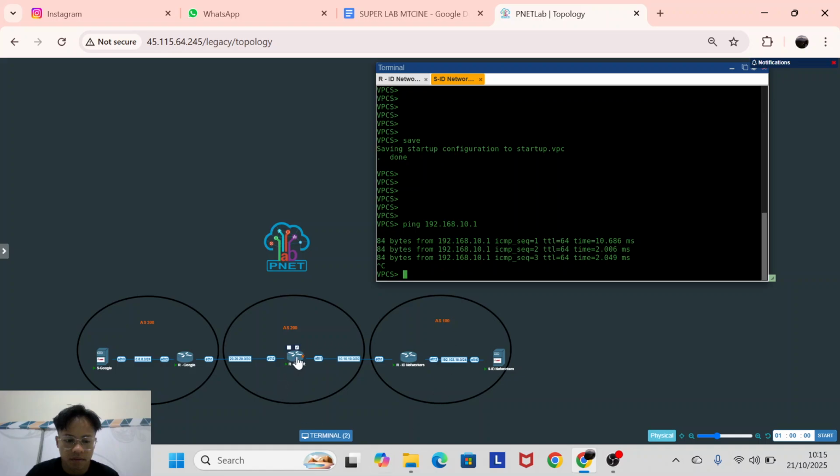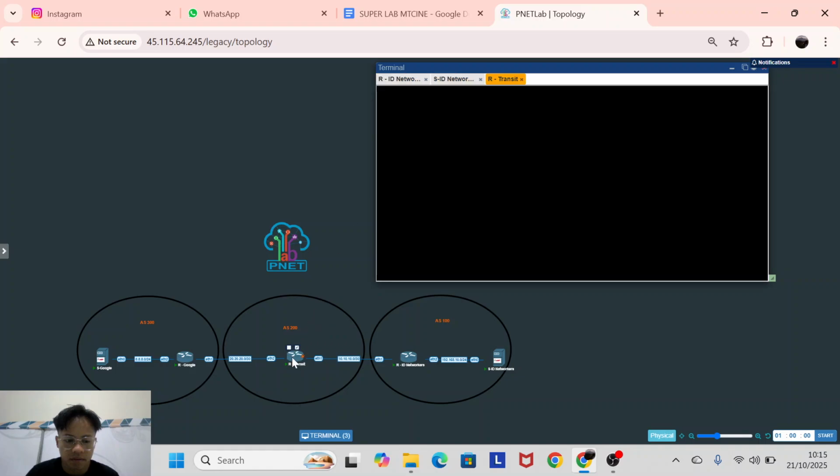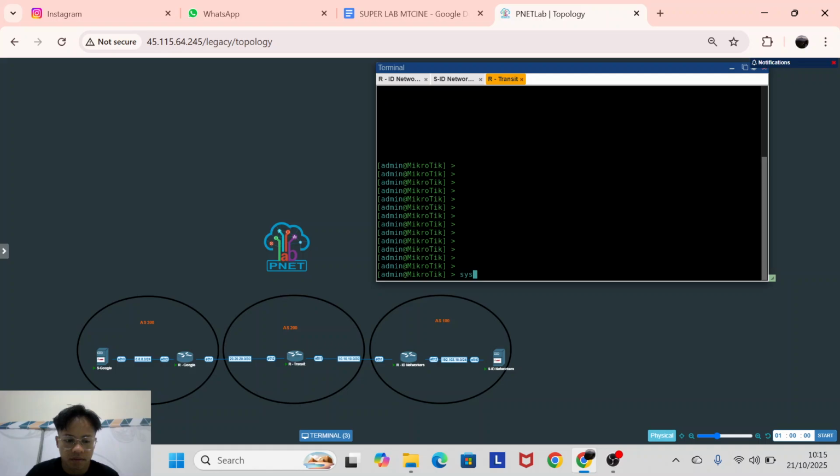Now we will configure our transit. In this transit it's just simple. I will give it a name too: router Transit.